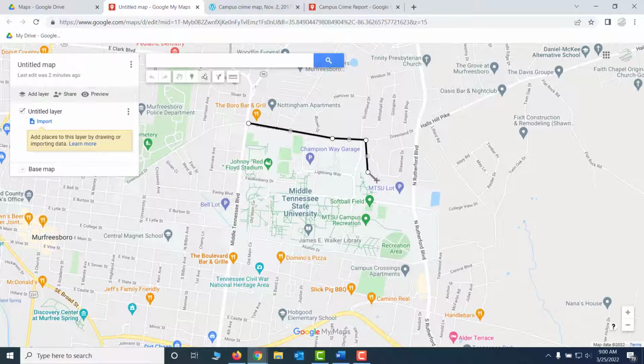There's a little bend right there, and then all the way across North Rutherford Boulevard to the lake here. And this is that parking lot across North Rutherford Boulevard. So let's put another anchor point there, go south, let's see, and pick up campus right here. Okay, back across Rutherford Boulevard. And then, let's see, back up Alumni Drive